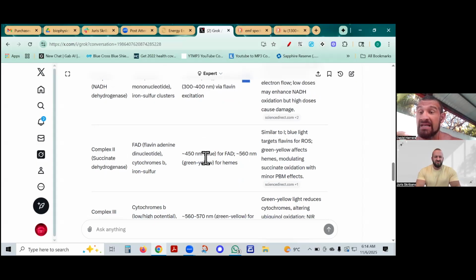450 nanometer light is blue. So when you see a blue light, blue LED, it is in that 450 nanometer range. When you see a green or yellow, it's in that 560. That's clearly within the visual range. So all these ones that we're talking about right here, they are visible. We're talking about the color, right? We're talking about the rainbow. You reminded me to put my screen in night shift so I don't have so much blue.